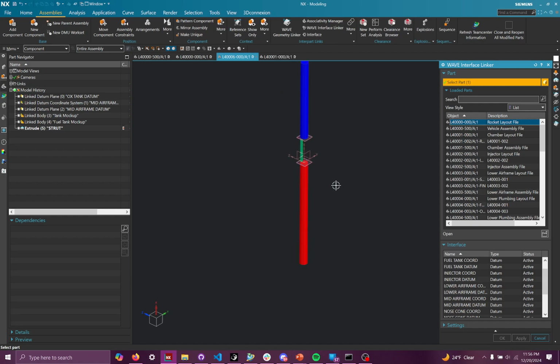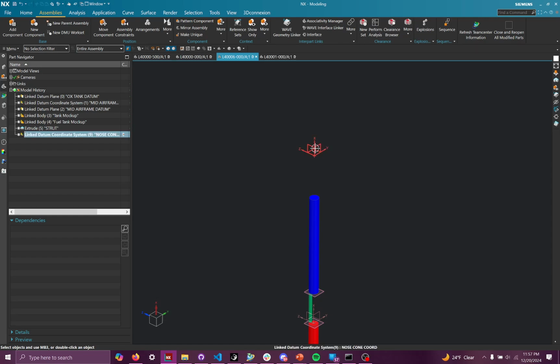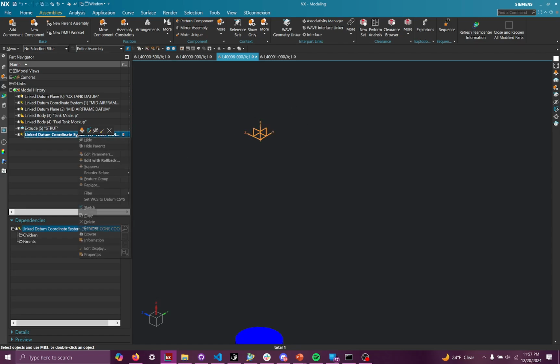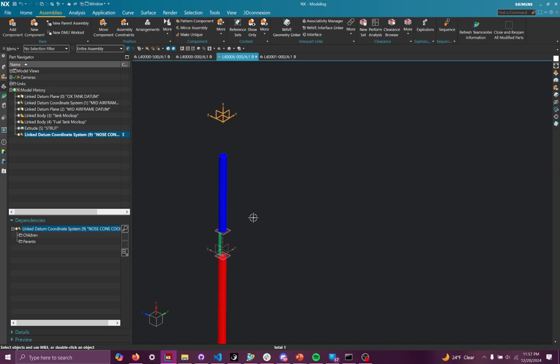So let's say I wanted to bring in, for whatever reason, the nose cone coordinate system. I can click on that while I'm within the mid-airframe layout file, and I can click OK, and then it populates in this coordinate system. And if you look over to the Part Navigator tab, you might have seen this flash open. The linked datum coordinate system, nose cone coord, that was the thing I just linked in with that wave interface linker. And now I can use this, while I'm modeling, for revolves or a datum to base my modeling off of. I'm going to delete that because I only included